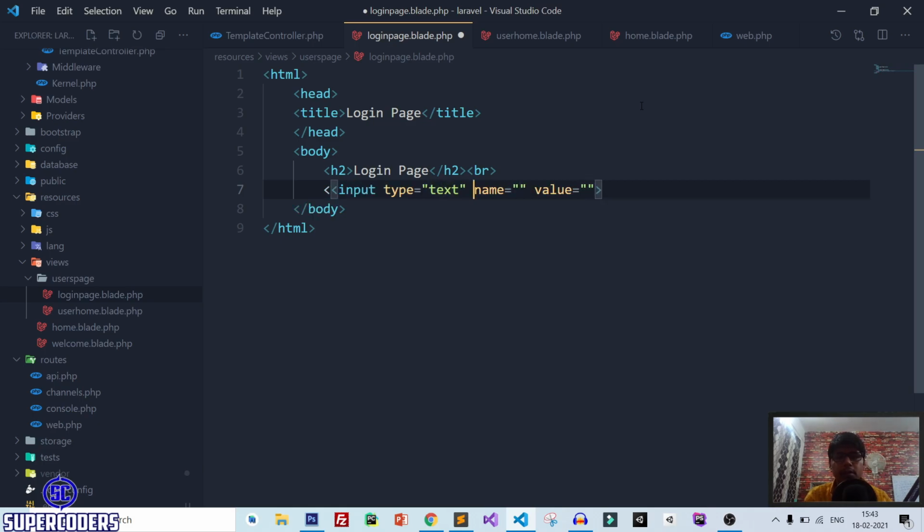Type text, name equal to username and placeholder equal to username.